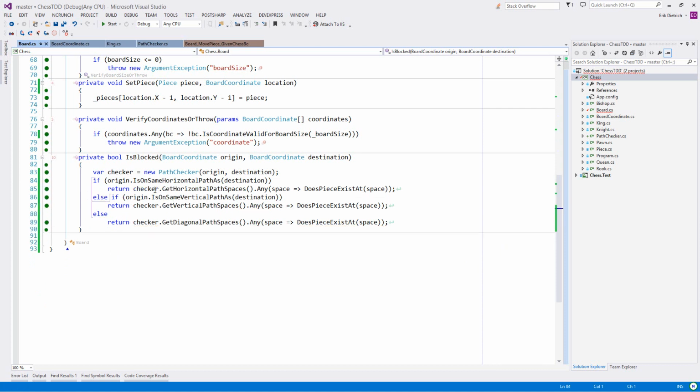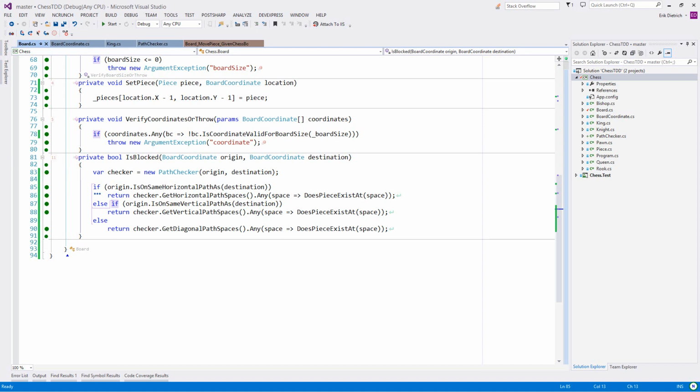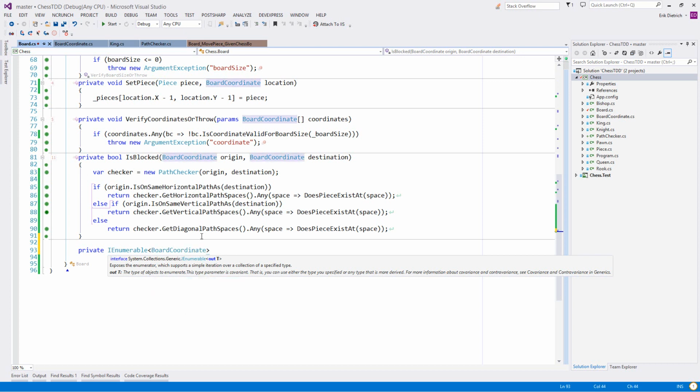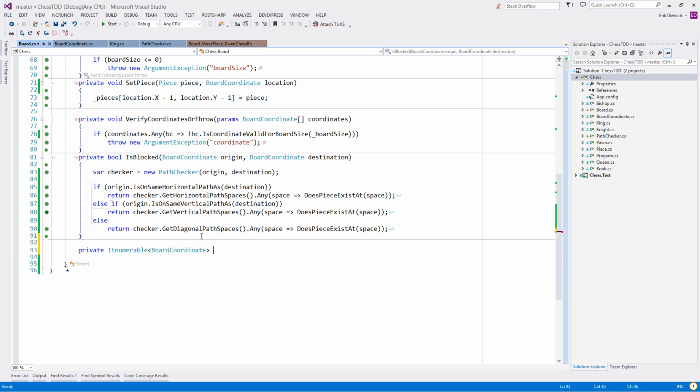Basically what I'm saying here is I'm declaring this checker, and then I'm asking some questions about the board coordinate, and that's giving me 3 conditions, in which case I'm returning 3 different things. So there's nothing in here that's required from the board class except, once again, this does piece exist at. The real goal is to get this does piece exist at in is blocked onto one single line, just like the same thing we did before. It's another step along the way. And if we get that under one single line, we can pull the rest of the is blocked method out into the